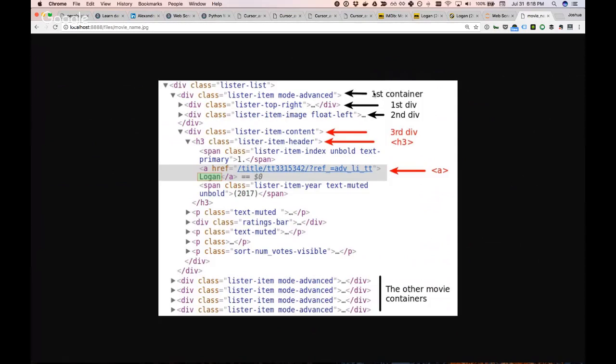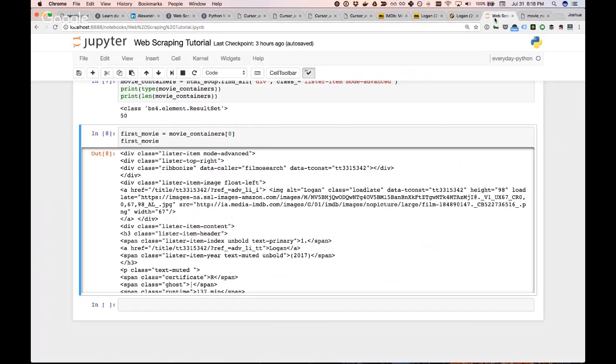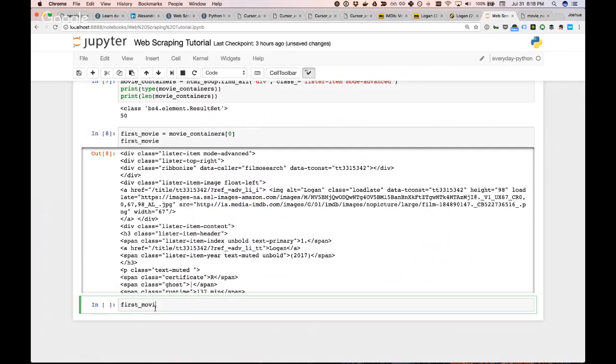Okay, so you can see there's the first container that we've got open, and within that there's the first div, the second div, the third div, there's an H3, and then our movie title is contained within this A for anchor tag. So let's try and just extract the first anchor tag and see if the data that we want is there. And what we do with this is we'll just type first movie dot A